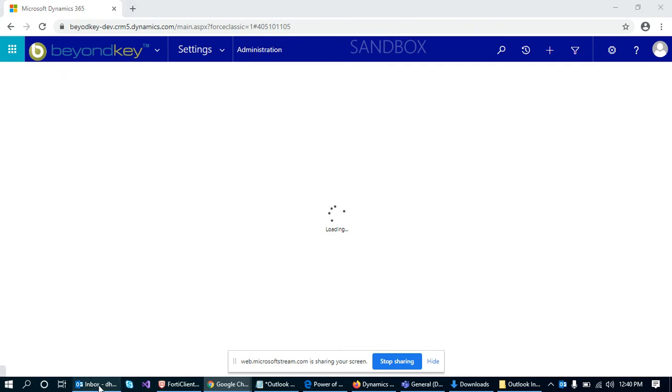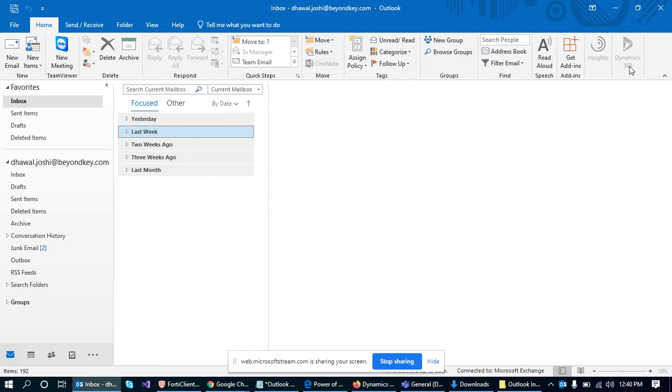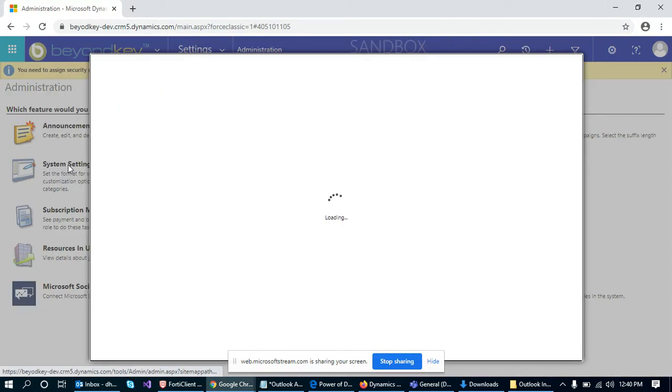First, let's see how the server-side synchronization can be enabled, which is one of the important prerequisites for integrating the Outlook app for Dynamic CRM.